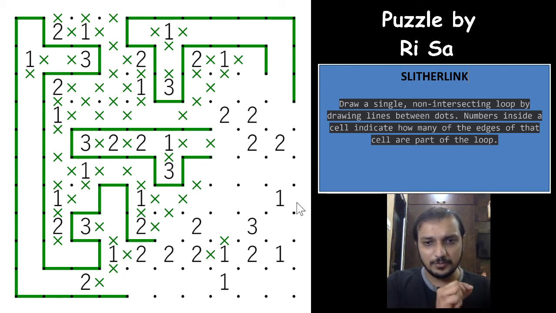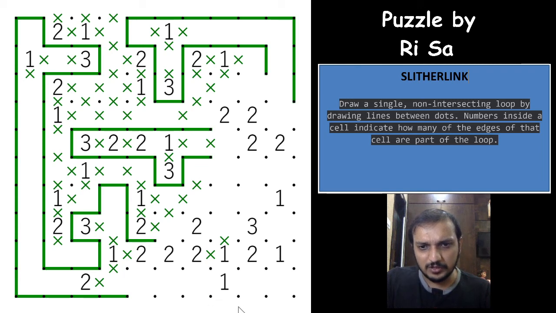So one loop segment will always go out, and the only possibility of the loop segment going out is either this way or this way. So you have either this or this way. You have three loop segments here, and the only way for one of the loop segments to go out is either this way or this way, and in both the ways these two can be crossed out. Nice, right? This is something really different to see.